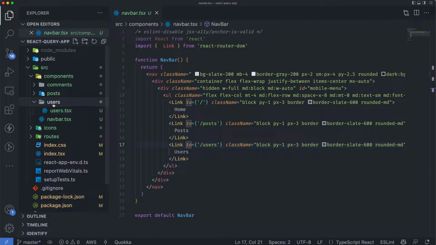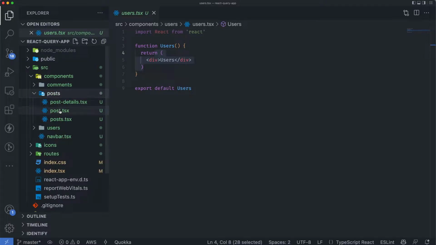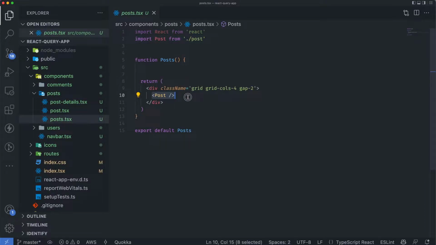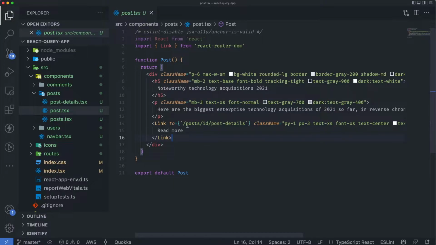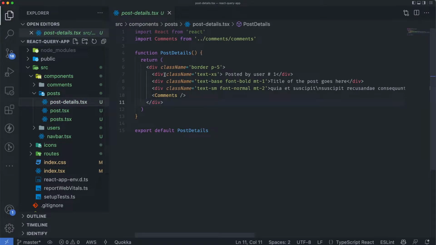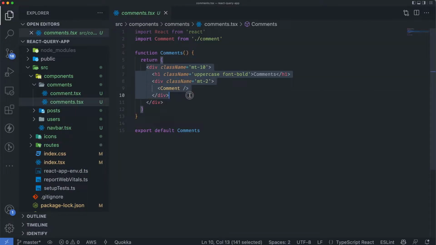And then I have the users folder where I'm keeping the users functional component. In the posts, I have the post component, which gives access to every single post. Then we have a single post over here that is basically hard-coded, and then we have this link. When I click it, it gets me to the post, and I read the post detail actually. And in here, I'm accessing the comments. So the post details, and then I'm accessing the comments. So I'll list all of the comments over here, and then for each